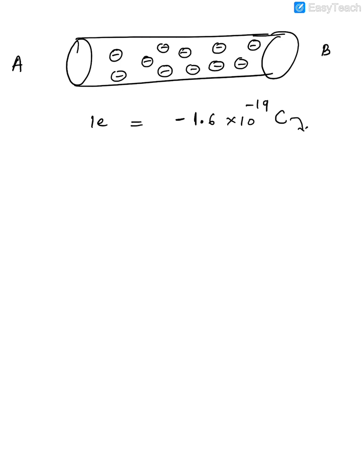What does this C stand for? It stands for coulomb. Okay, it stands for coulomb. So coulomb is a unit of charge. This is a charge of 1 electron. Now if you want to produce a charge of 1 coulomb, what is the number of electrons you need? So you need just 6.25 into 10 raised to 18 electrons. So these are the number of electrons which you need so that you can produce a charge of 1 coulomb. Obviously a very high number of electrons.